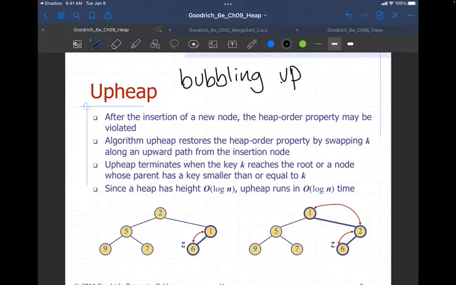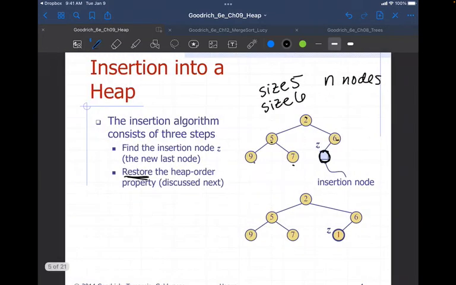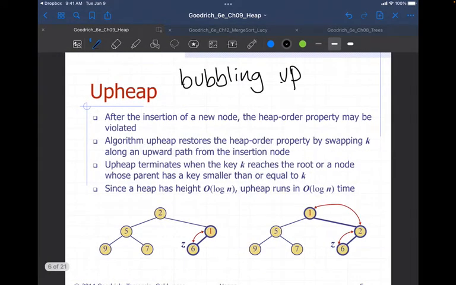And so what we're going to do is just compare: hey, 1, you're less than 6, well, swap. So 1 and 6 swapped. And then after we did this, we need to check, so we swapped 6 and 1, now we need to check 1 and 2, and okay, 1 is less than 2, so it needs to go up again, and so it goes up again, and so in the end, we've only done log n